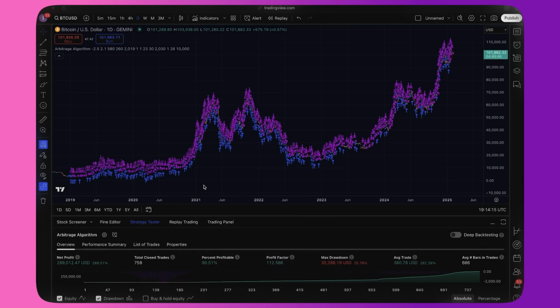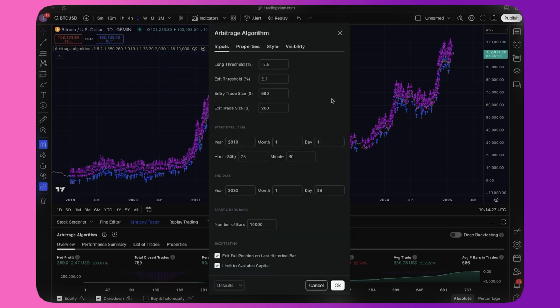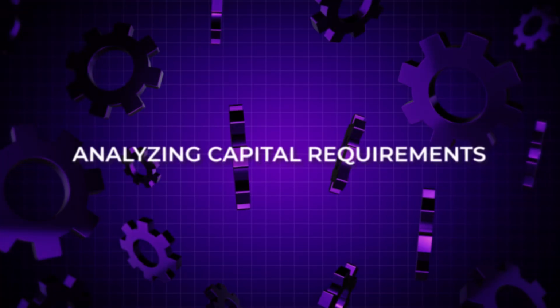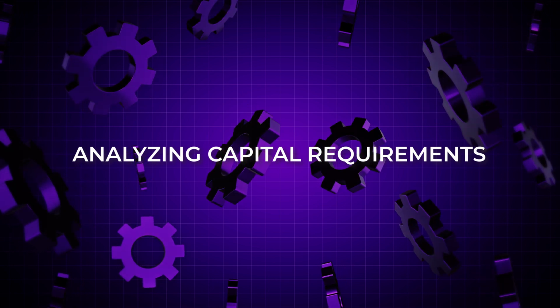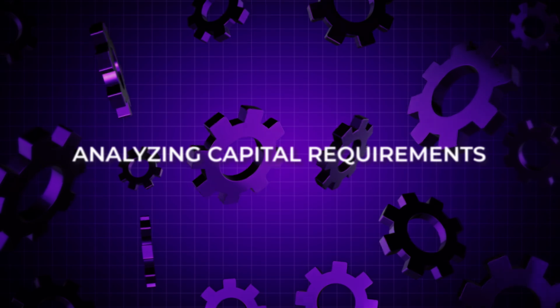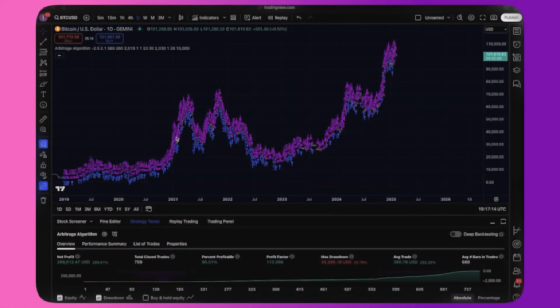Going down this line of thought, you might now be asking, well, how do I know if I have enough initial balance to actually run the strategy that I see on the screen? If you remember, if we go back to the settings here, we're buying $580 and we're selling $260, and we're saying we have $100,000 to start with. To help you determine if your initial balance is enough to run the given strategy,